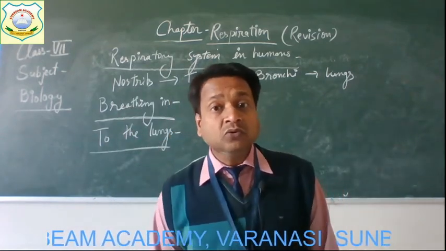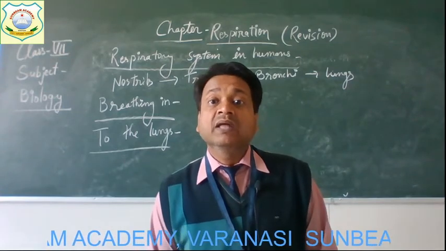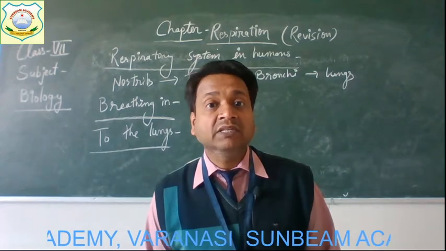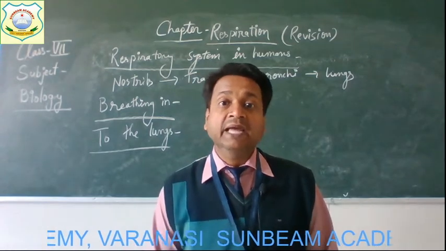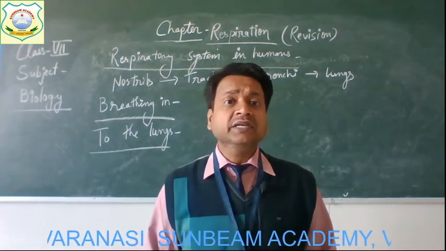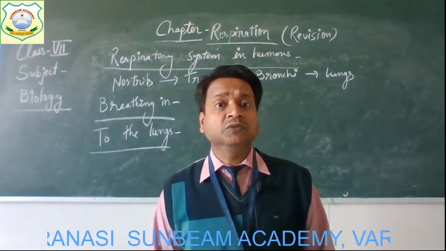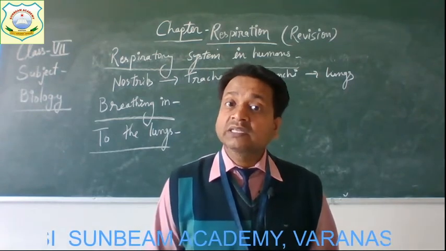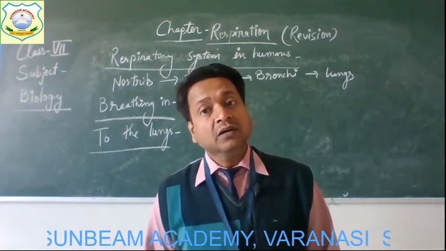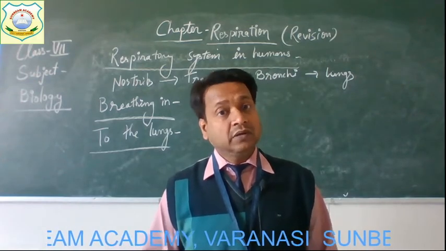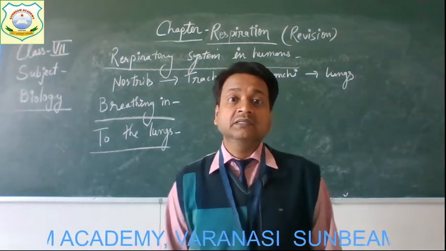So from the nose or nasal cavity, the air passes through the pharynx or throat cavity to the windpipe or trachea. And the windpipe branches into two smaller tubes which are called bronchi. And each bronchus enters into a lung. Get it? So, after entering into the lungs,